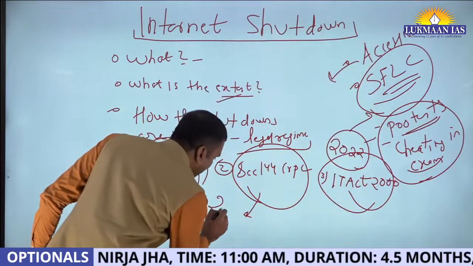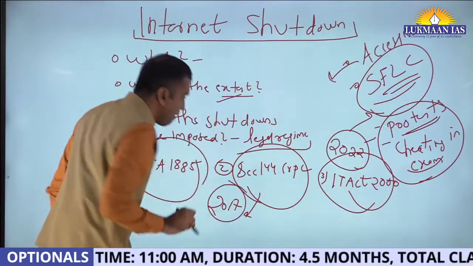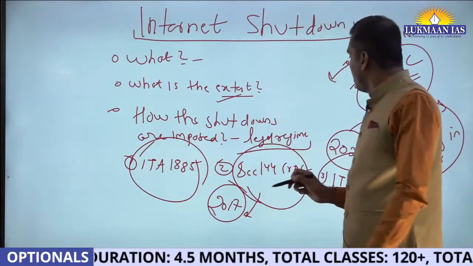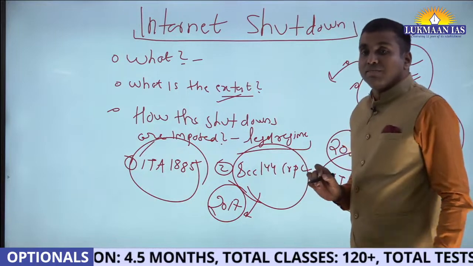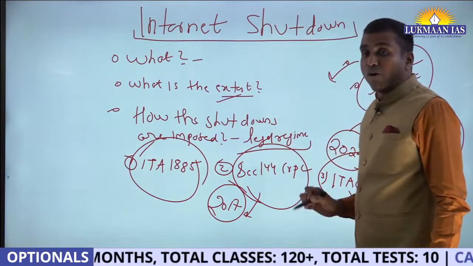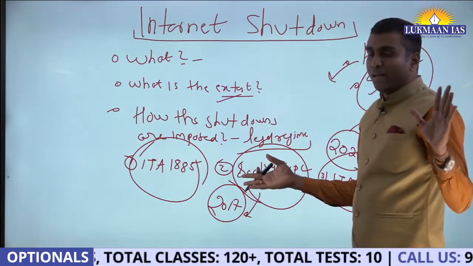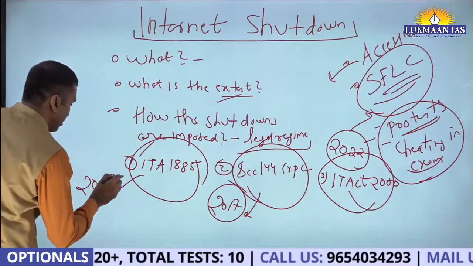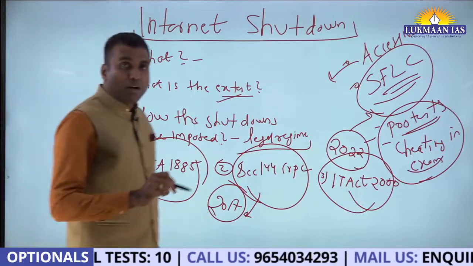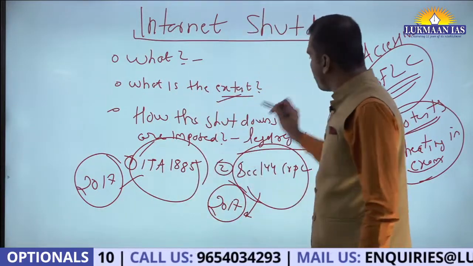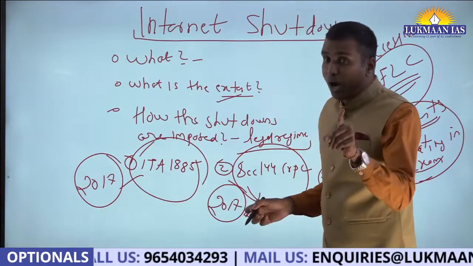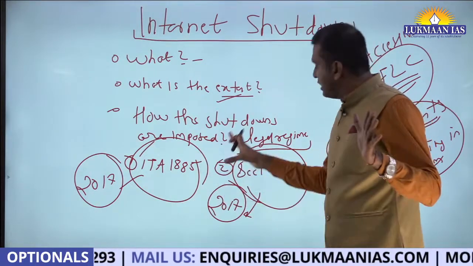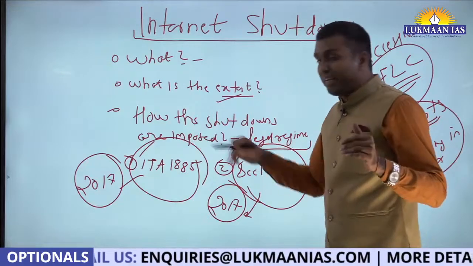Before 2017, Section 144 was used for imposing internet shutdown on a wide scale. But after 2017, the usage of Section 144 to impose shutdown has come down, but still it is there. Still this power is used. Why 2017? Because